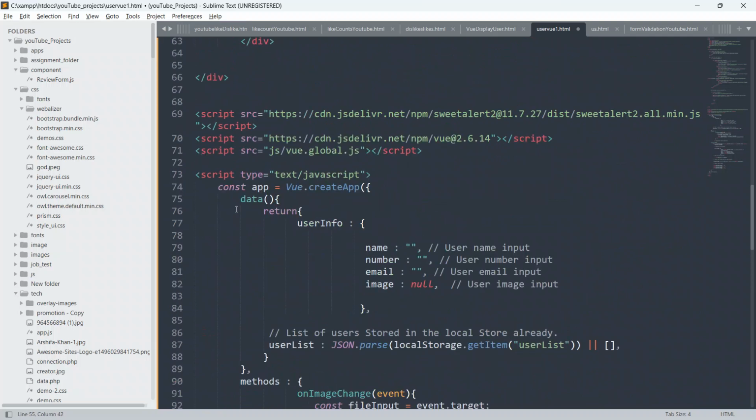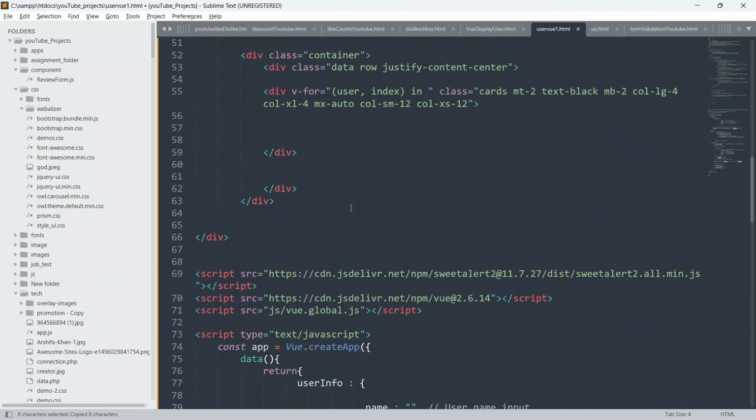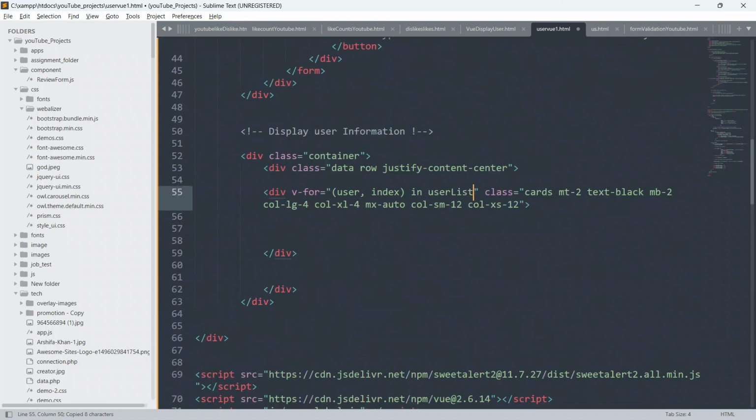This user list is an array, and this v-for will work like a for loop or forEach method in JavaScript. Always remember, in Vue.js this v-for loop works like a for loop, or the forEach method in JavaScript.